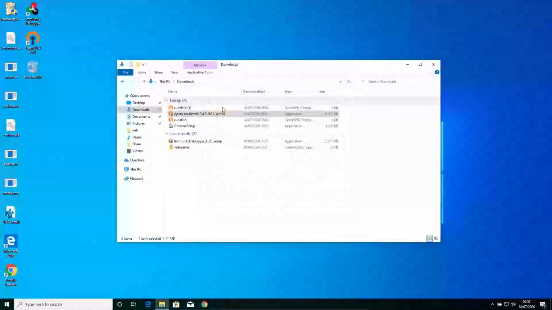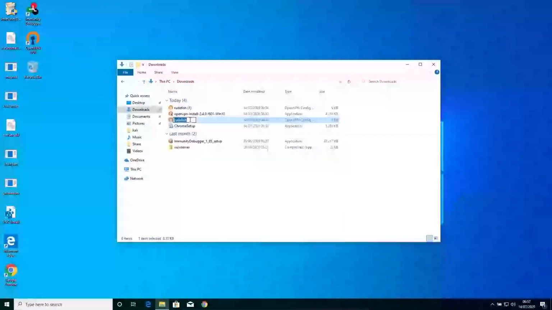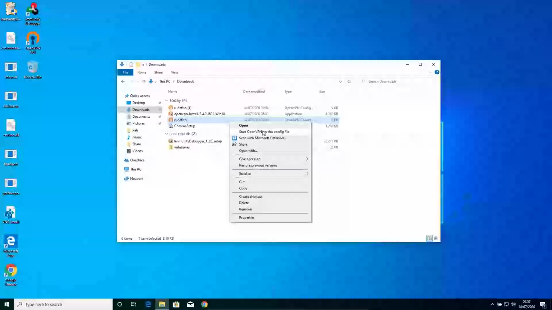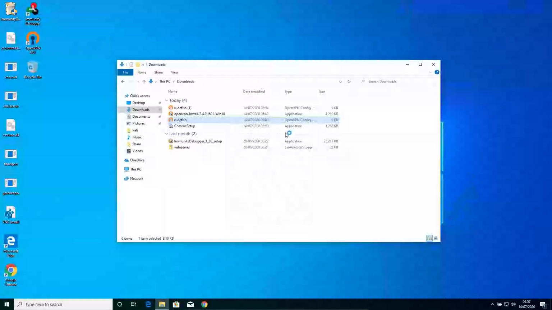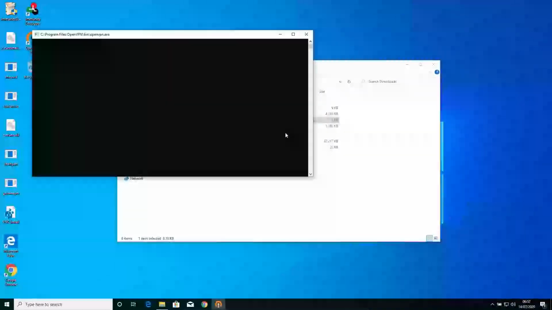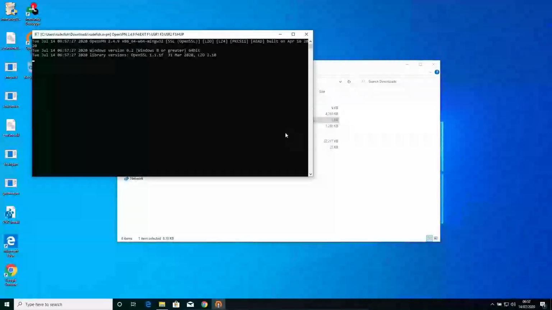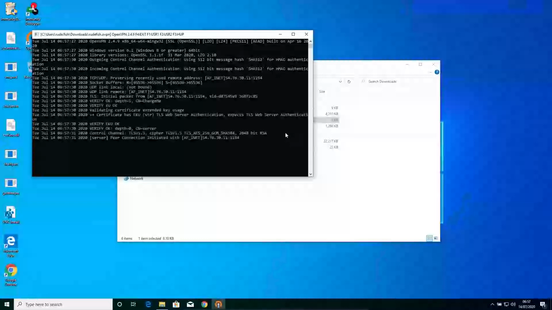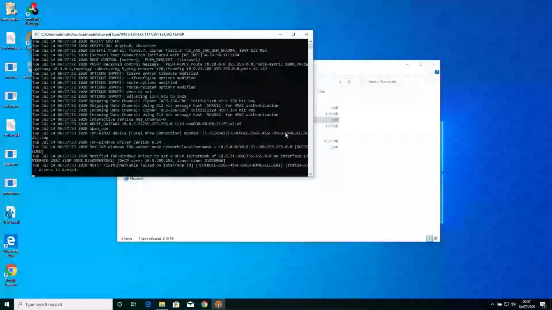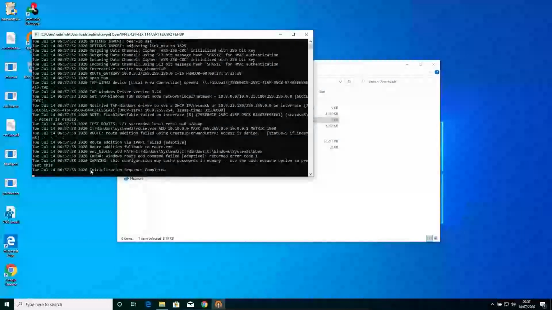So after installation and you have downloaded your VPN file, you see the name of your VPN file here. You can just click on it, then right click, then you should see an option that says start OpenVPN on this config file. So if you click on that, it should start OpenVPN with that config file and connect you to the network. Now that's what it's trying to do. That's this long output, but once you see this message that says initialization sequence completed,